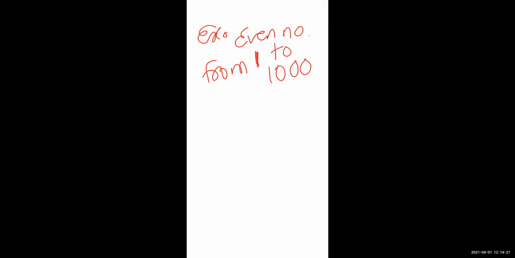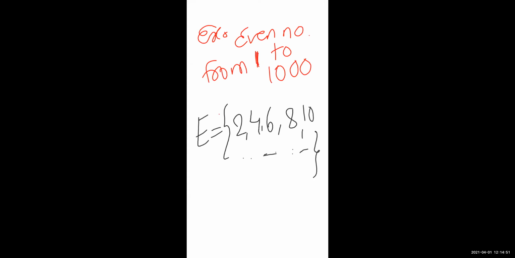You can write down the answer like this. Some are saying that suppose it is an even number, so I'm just taking E to show the set, and some are writing down the answer like this: 2, 4, 6, 8, 10, dot, dot, dot. You can put the dots. But is it showing a set? That dot dot will go till 1 lakh, 10 lakh? Yes, but we just want up to 1000.